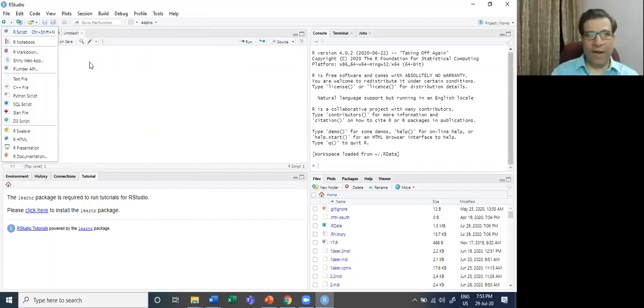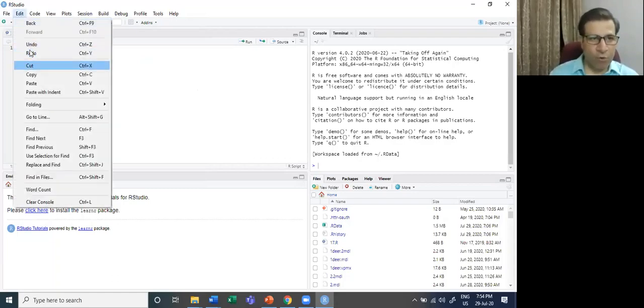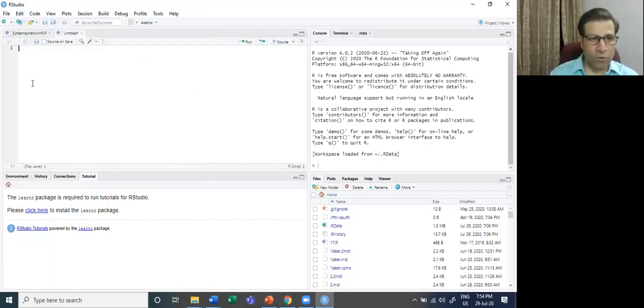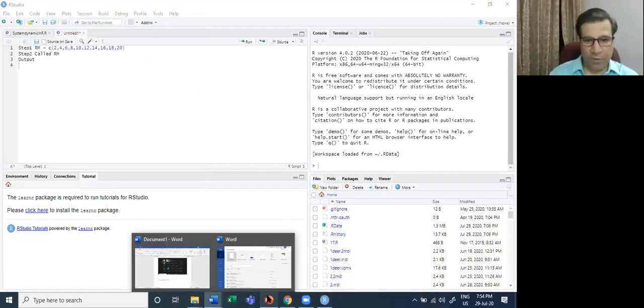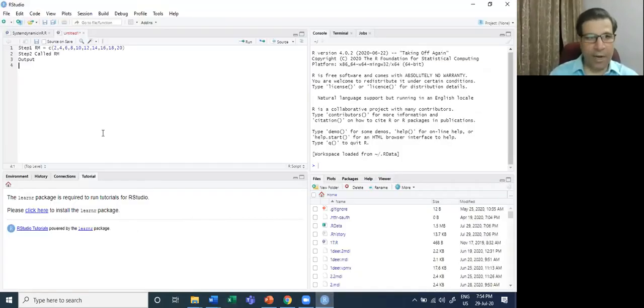You will find that this script is already open. So I can copy this whole code here. You can go to paste also. I think it is not copied from the slide. So I will pick up the copy, and yes, this is copied. Can you see that?